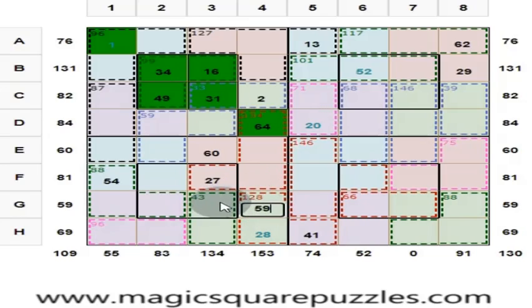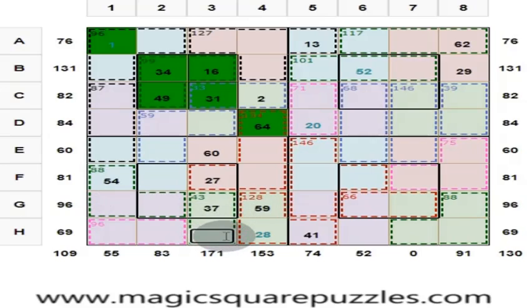59. Okay, what is this? So you see, these three numbers are 88. This is 54. So therefore these two numbers are 88 minus 54, that's equal to 34. 34 plus 59, that's equal to 60 plus 33, 93. So these three numbers are 93 and these four numbers are 130. This is 130 minus 93, 37.